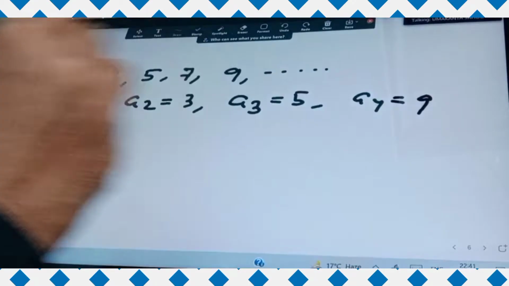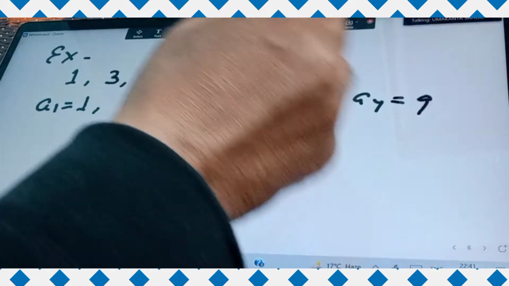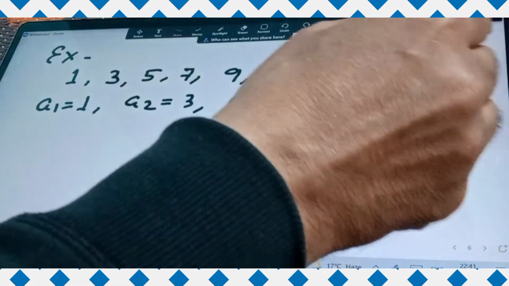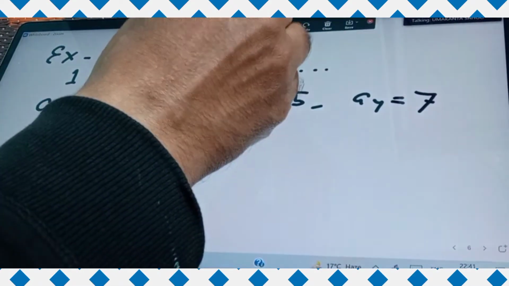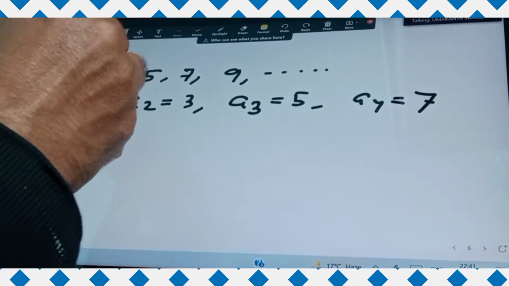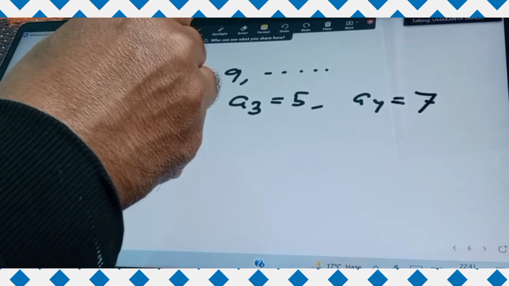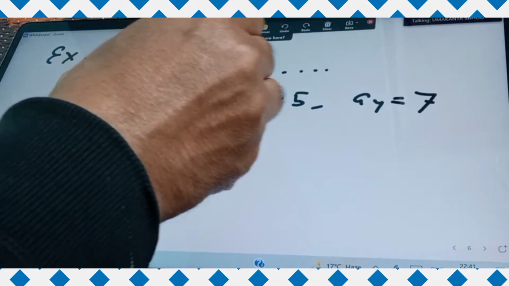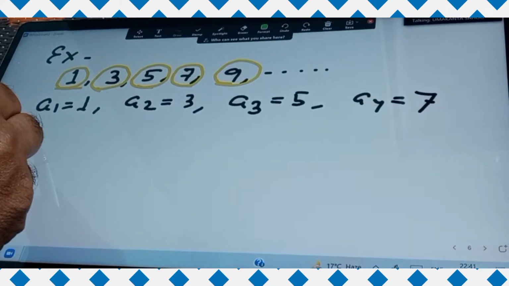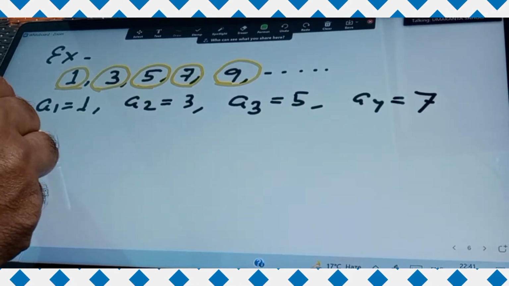Here the fourth term is what? 7, not 9. The fourth term is 7. Understand? So the first term is 1, the second term is 3, the third term is 5, the fourth term is 7, and the fifth term is 9. And if you see carefully, the difference between any term and its preceding term,